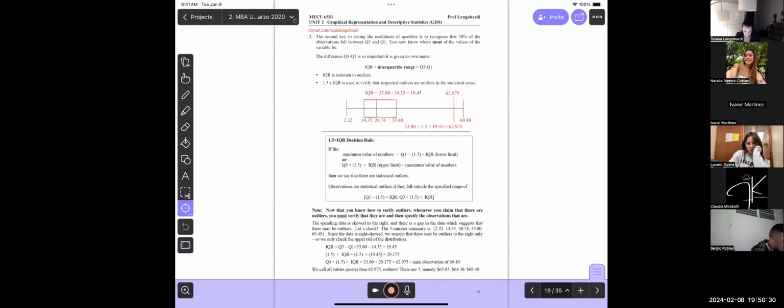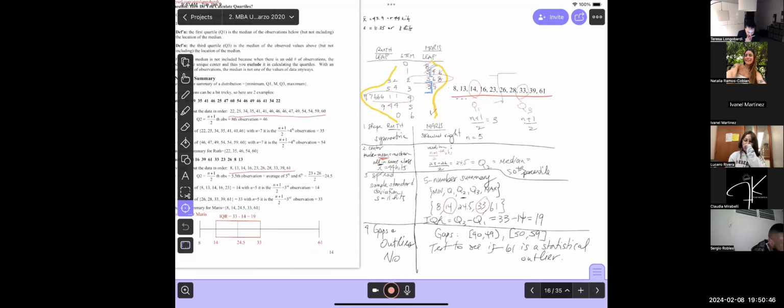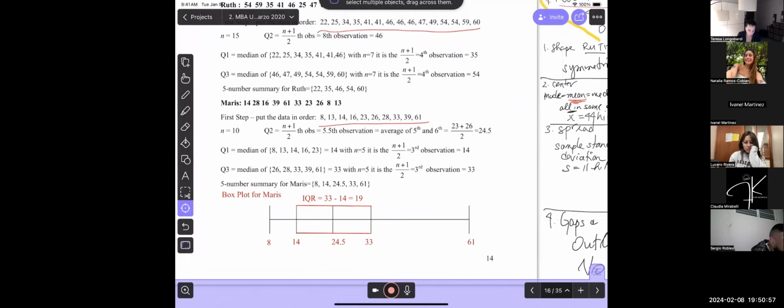Let me just show you. I have it here, the process beginning here. And I did it here for the spending. And I did it here for another case, but I actually didn't do it here, did I? Okay, so we can do it here on this picture. Okay, so we have this picture. Let me take this drawing. So here's the box plot. Remember, Q1, Q2, 3, 4, 5 here.